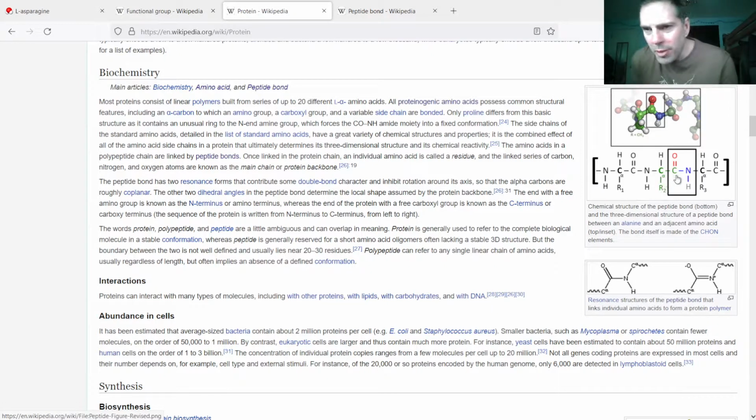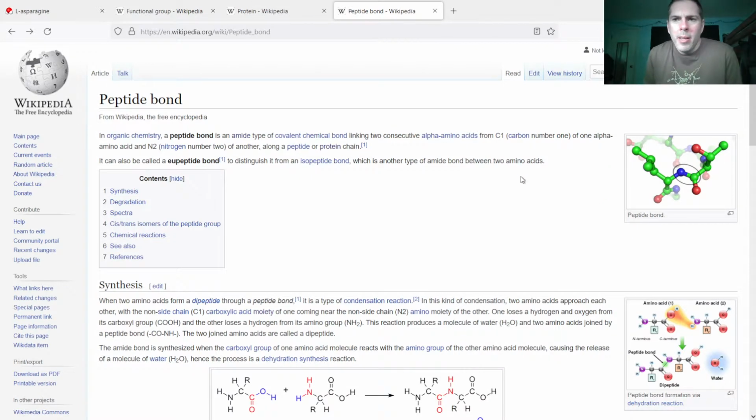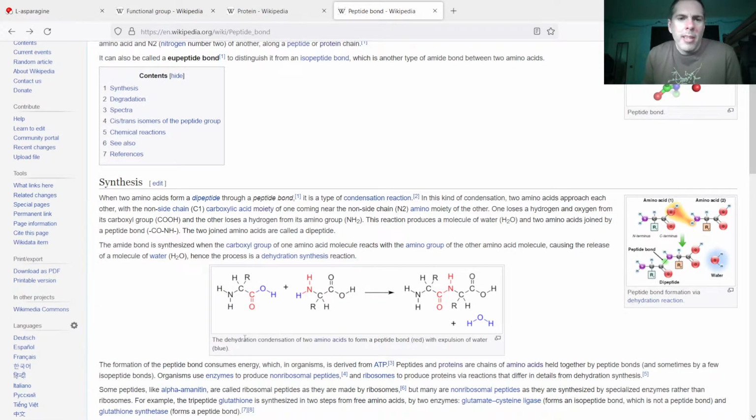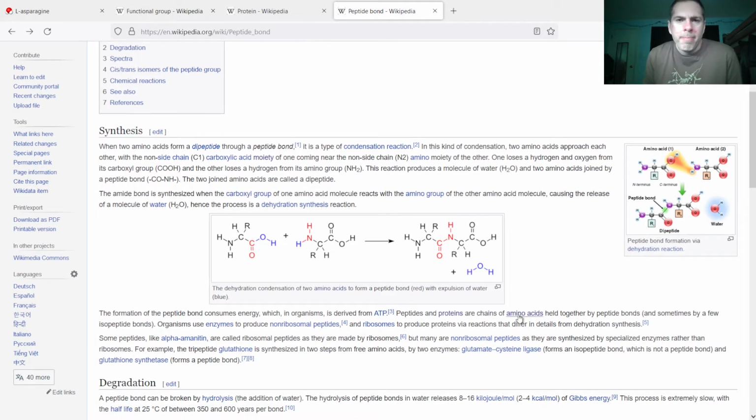They've colored it green, green, and blue, so you can see there's the alpha carbon with the side chain, and then the amide functional group, followed by alpha carbon for the next amino acid and the side chain of the next amino acid just down the line. And those bonds are called peptide bonds. They're a dehydration reaction because the water molecule is released. You can see here the amide group in the middle of the chain, with the R being the side chain on each amino acid.